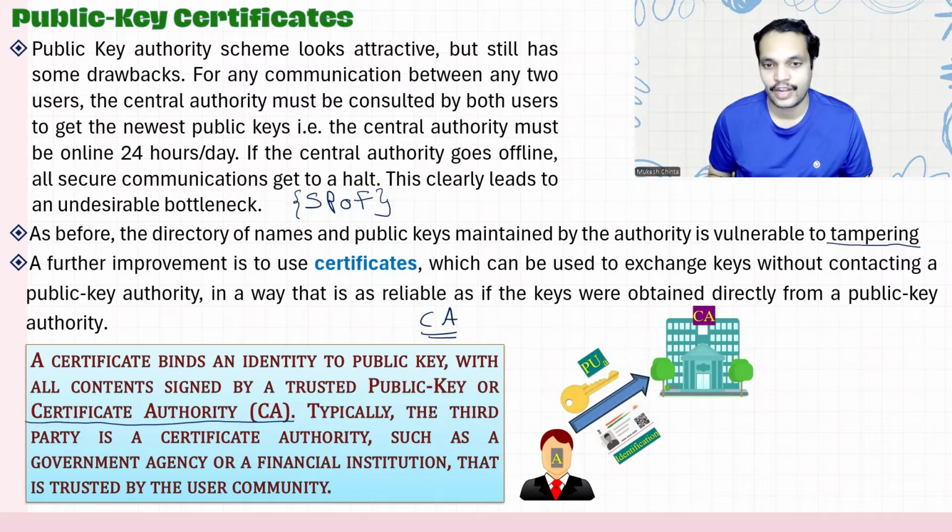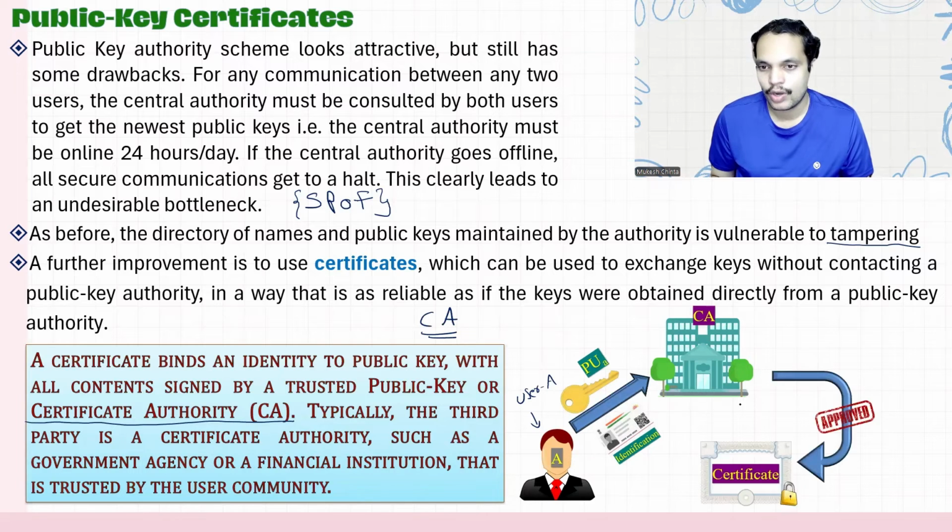CA stands for Certificate Authority. What you do is, this is user A. What he will be doing is, he will be sending his details, his credentials, along with his public key to the certificate authority. This certificate authority might be a government agency or a financial institution which is trusted by the community. Upon checking his credentials, it will simply issue a certificate. This certificate will hold or will bind user A and his public key,